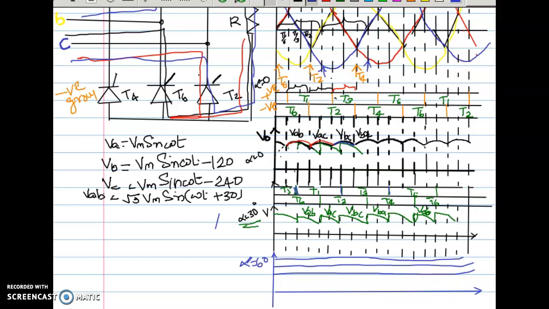Alpha equal to 60 means here it is 30, so 60 means here. From here T1 will be conducting, it will continue for a 60 degree. Then T3, it will continue for a 120 degree, like that. This is T2, it is here, then it will start from another 30 degree. So it is T2,